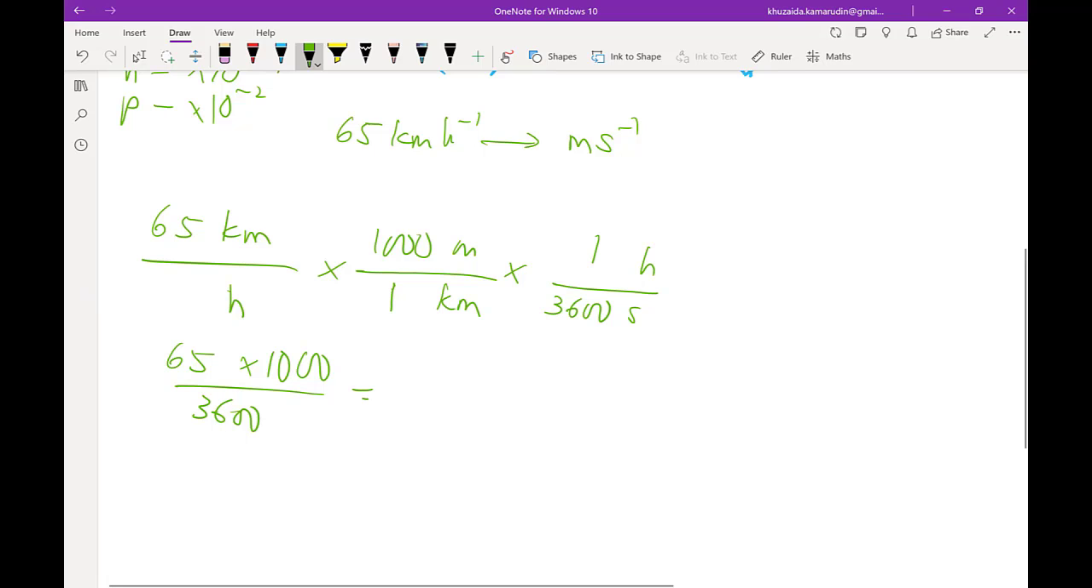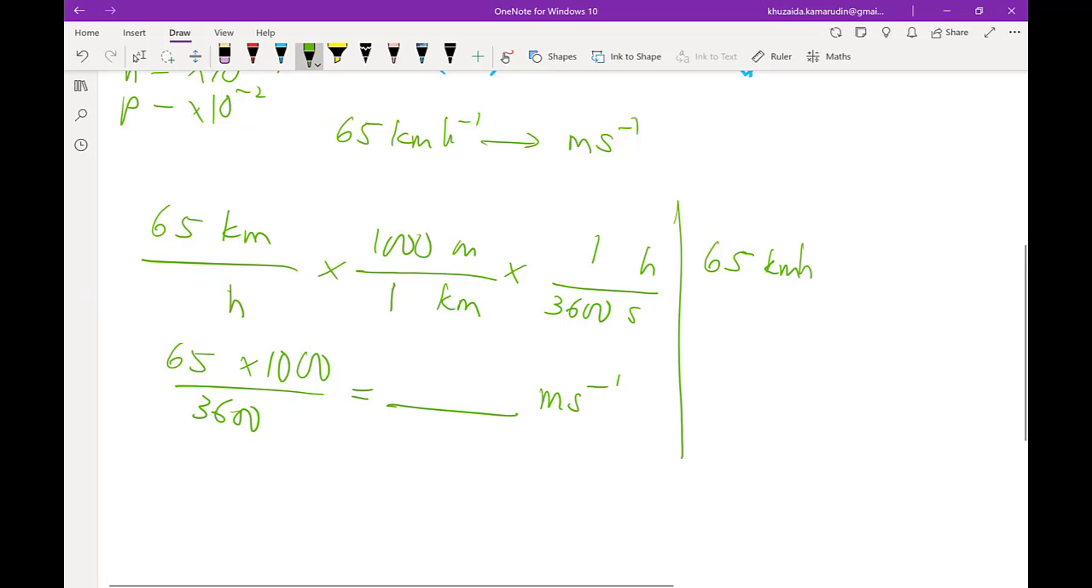Okay, so press the calculator, then you can get the answer in meter per second. Settle. Okay, so this one we convert one by one, alright, to avoid careless mistakes. Okay, the faster way is we use the prefix values earlier. So 65